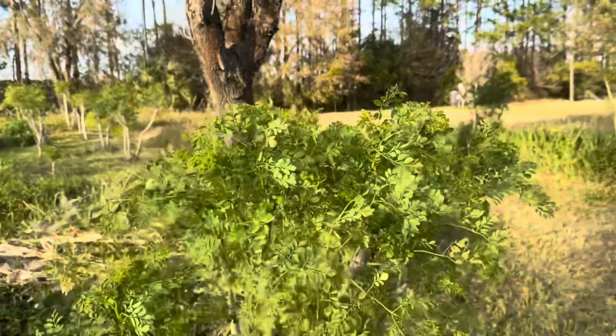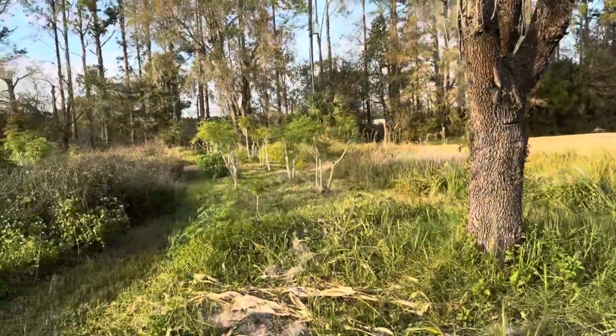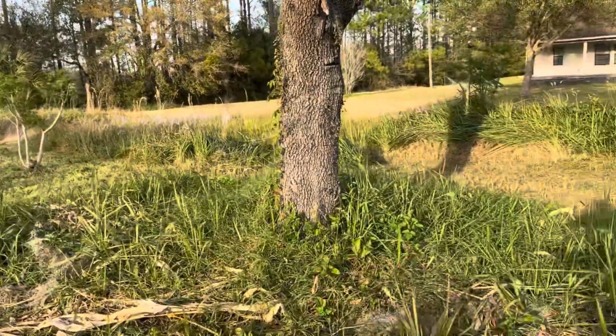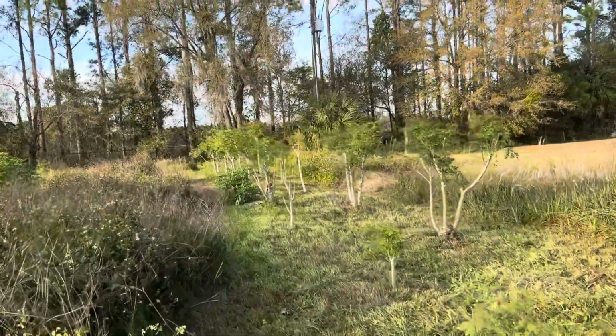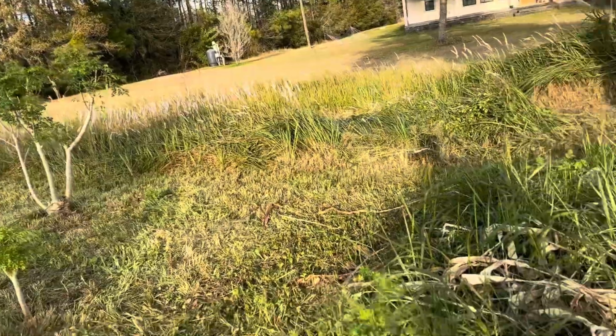These greens are looking really good. I got this row mowed back. This is the turmeric here that died back for the winter. I'm gonna go ahead and keep it in there. It's just gonna come right back. Oh look, moringa coming up